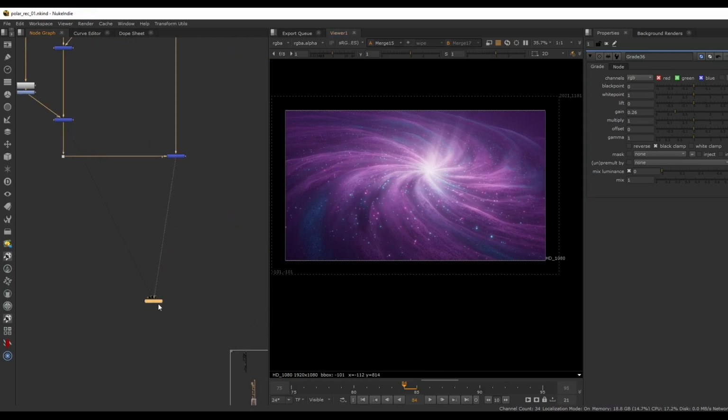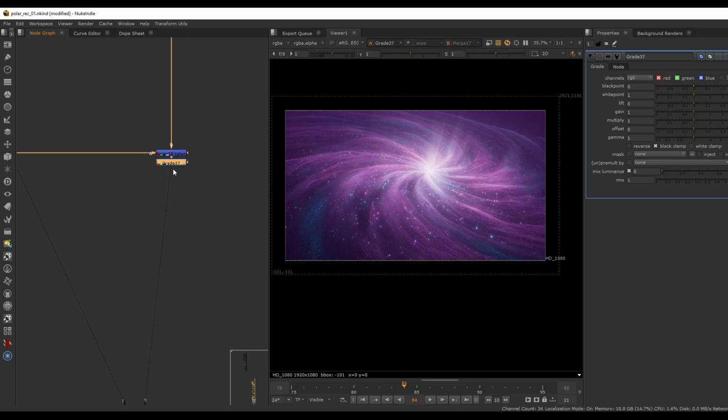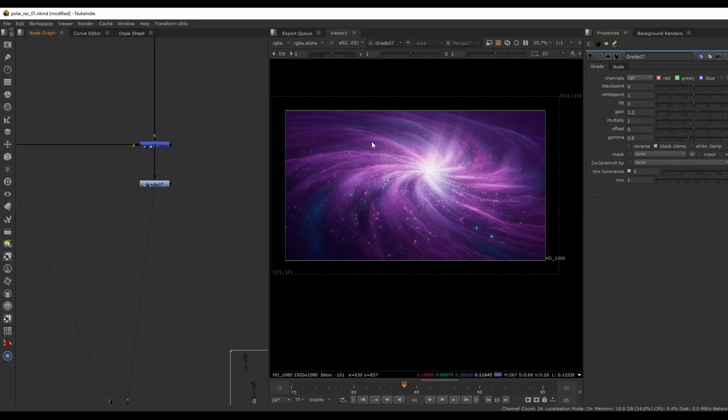So one final adjustment we can add is, usually I like to add another gray node on top of everything and maybe just increase the contrast a little bit, so I can decrease the gamma, increase the gain. We can do something like this. And this final grading adjustment has this sort of effect over the comp where all of the layers are just blending together more cohesively. And on that note, we can also diffuse the entire comp a little bit with just a simple blur node,